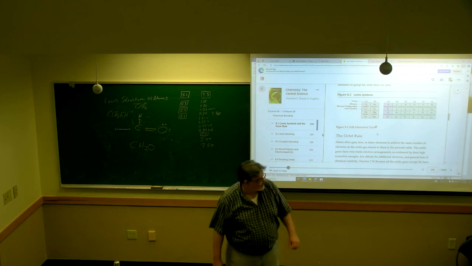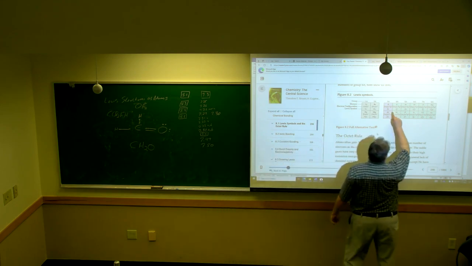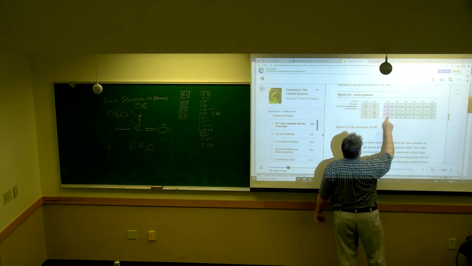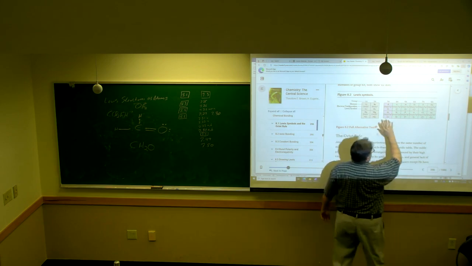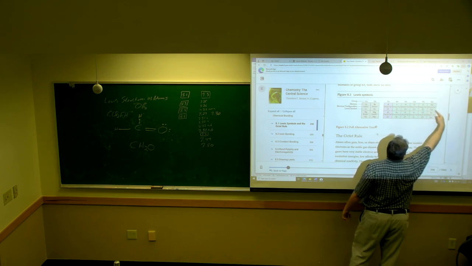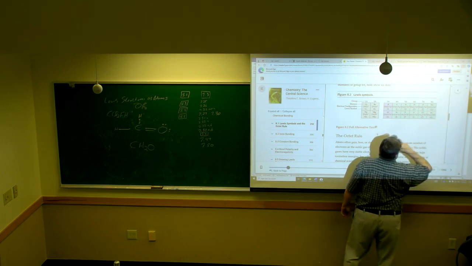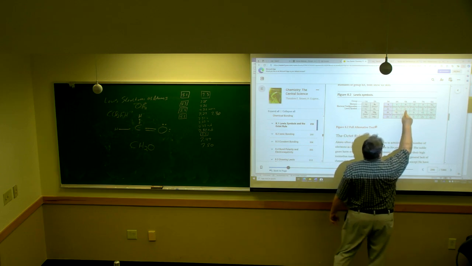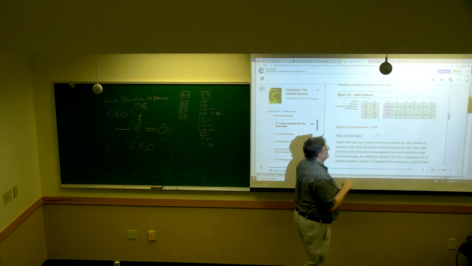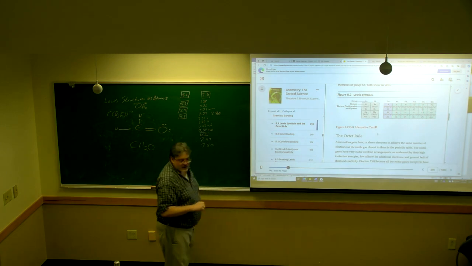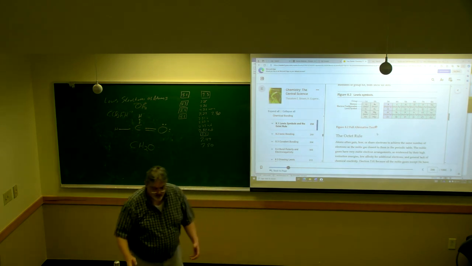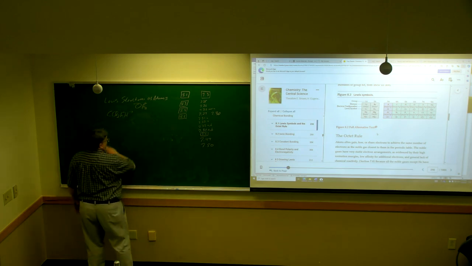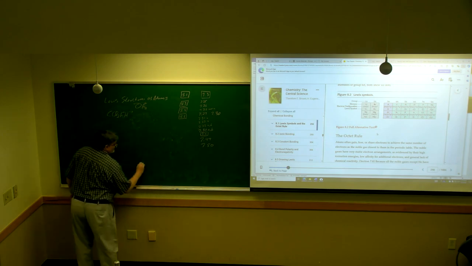The octet rule, okay. So looking at these and these, and I kind of want to ignore these. They'll show up in weird places, but let's stick to the nonmetals. Oh, and we're really kind of ignoring these, but they'll show up in some compounds too, even though it's kind of strange. But like I said, this is kind of the canonical set plus hydrogen. The octet rule, okay. The octet rule just states that atoms tend to try to fill their octet, and that octet is